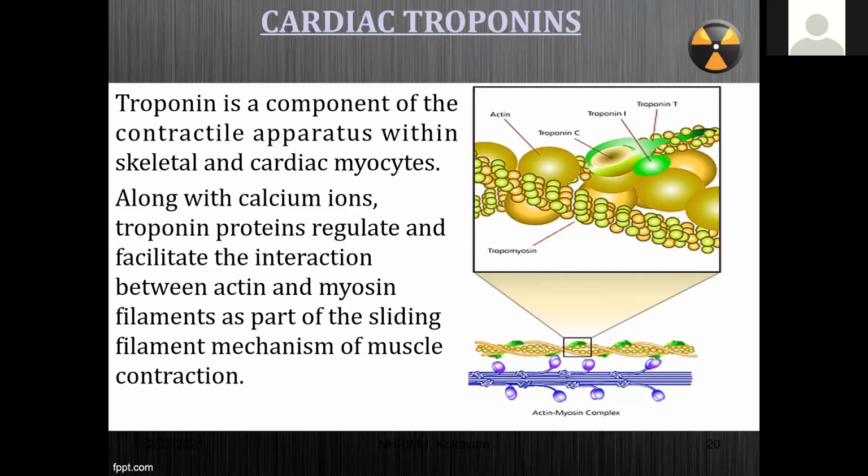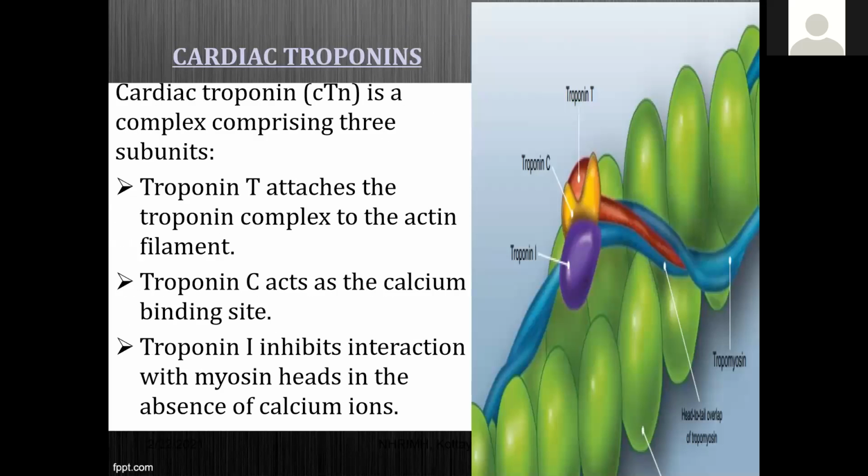Okay, because when the troponin C absorbs the calcium, ultimately it leads into contraction of this rope-like tropomyosin. So it exposes the binding sites of the actin and myosin. So the troponin T, what does troponin T then do? It attaches the troponin complex to the actin filament, and troponin I inhibits interaction with myosin heads in the absence